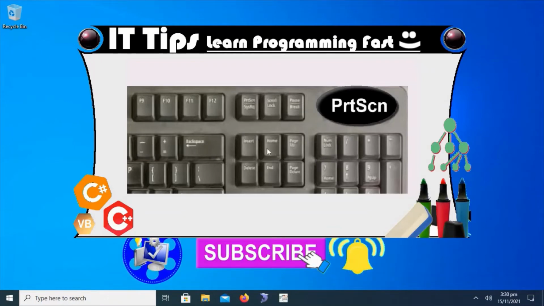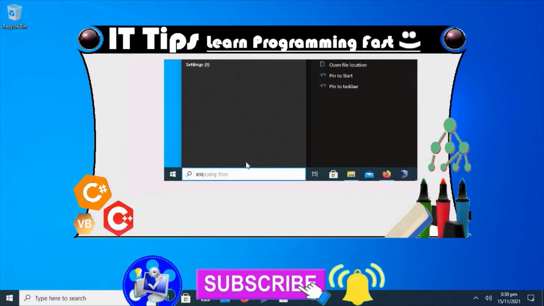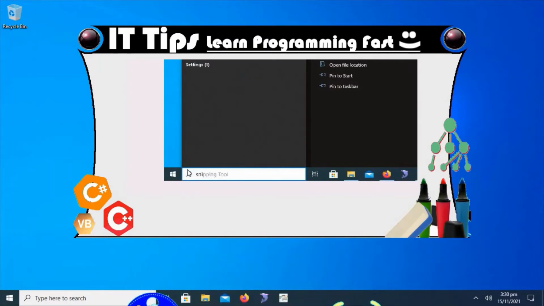In such a situation, we can use the Windows snipping tool. Just press the Windows button and type here snipping tool.